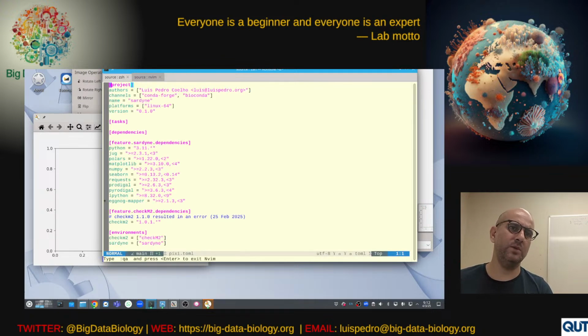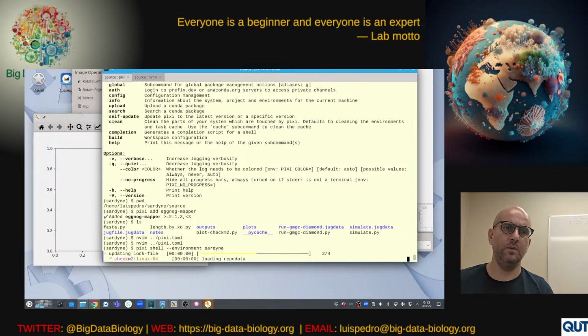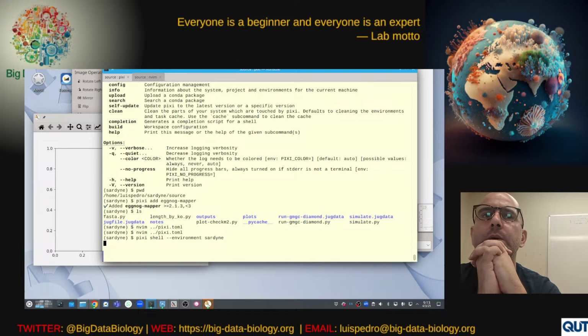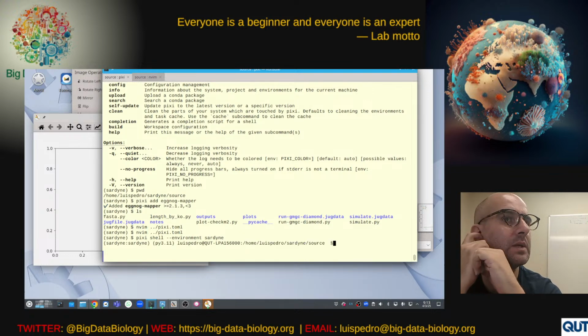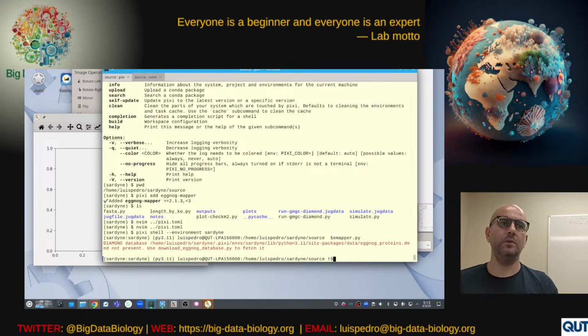So I'm adding it to the Sardine environment, and in principle this should work, or it will tell me that it doesn't work, but in a slightly nicer way. So Eggnog Mapper, a little bit like